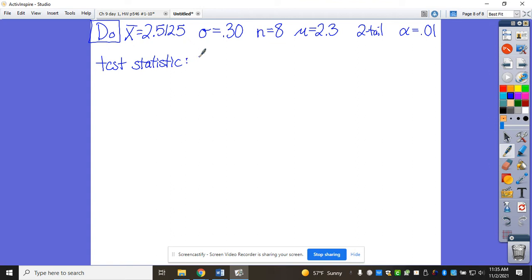So which equation are we going to use? Give me the symbols. X bar minus mu over sigma. And out of habit, I just write this because this is what I'm going to plug in. Like up there, I write X, but it really is probably more correct to write mu naught, which is the number that goes there. So what is my X bar? 2.5125 minus, divided by what's sigma over square root of